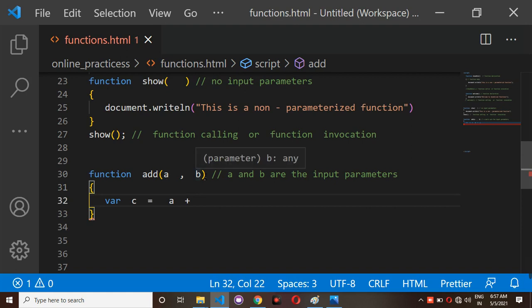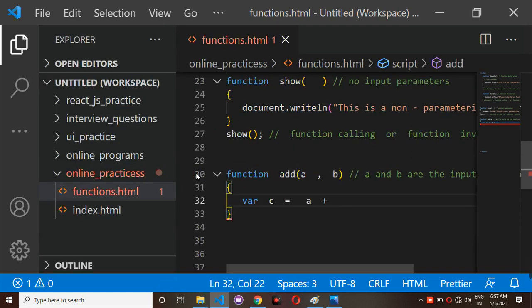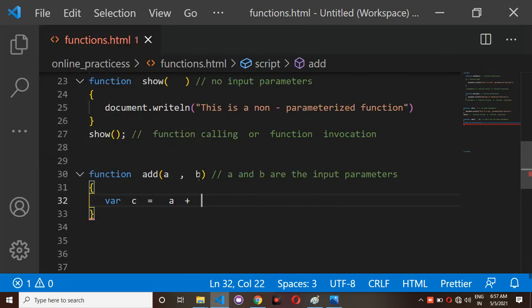And I am taking b as the other value here. Now observe, this is the a value and this is the b value. So a plus b, with the help of the plus symbol, you are going to do the addition operation. Addition is one of the arithmetic operations.